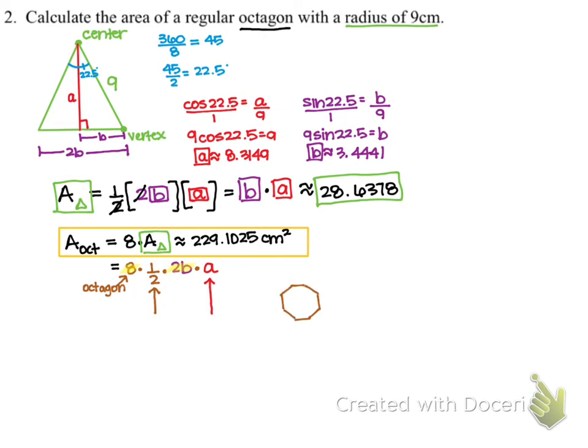So there's my octagon. If I combine the 8 and the 2b, let's see. This length was 2b, so is this length, so is this length, and this. Each of those lengths around the side of the octagon, or the polygon itself, represented the 2b. You'll see that I have 2, 4, 6, 8 of them. So if I do 8 times 2b, I want to see what else that actually represents with regards